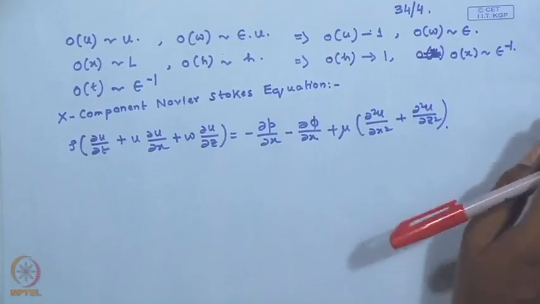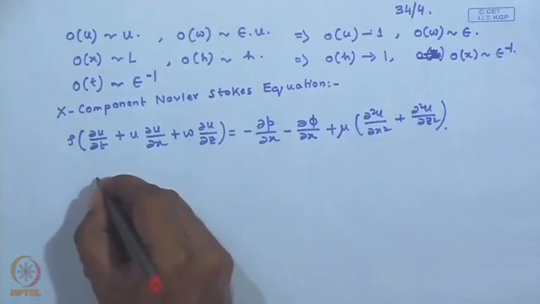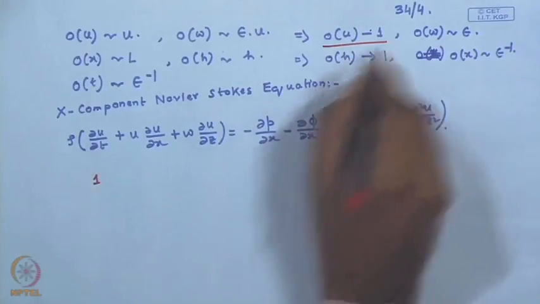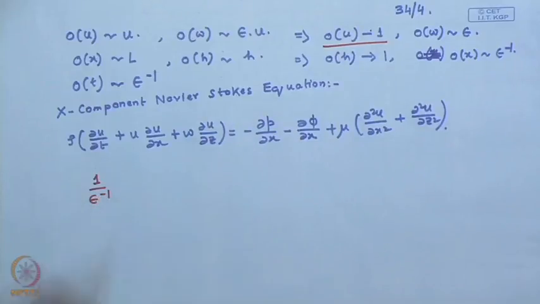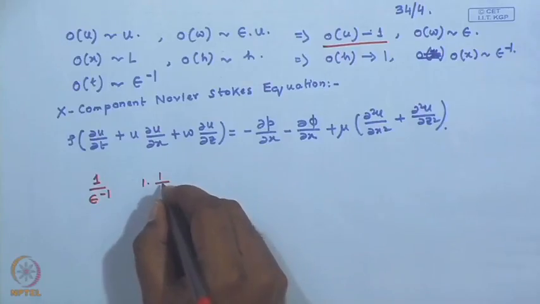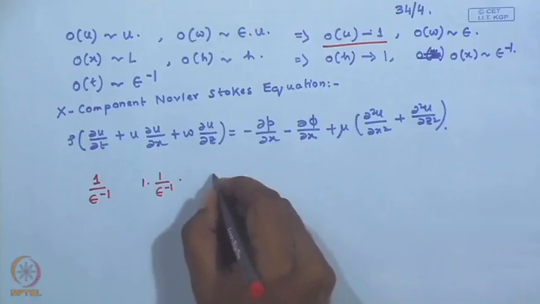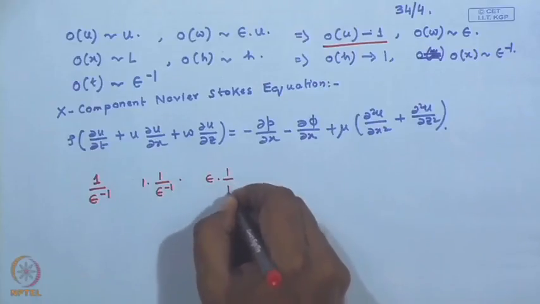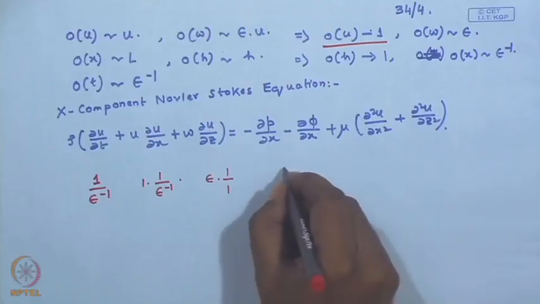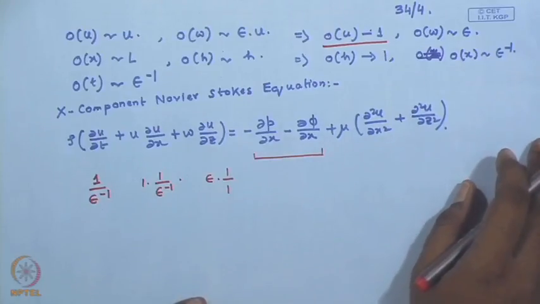Okay. Now, if we plug in the respective orders, we will find the first term will have an order of 1, corresponding to u, and epsilon inverse. The second term will have an order of u is 1, again 1, and x is epsilon inverse. Third one is w is epsilon, u is 1, z is 1. This term remains, we do not do anything because we have no idea about their order,